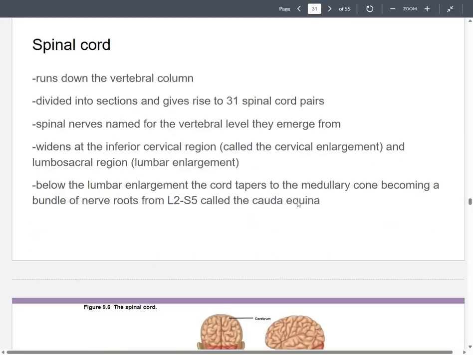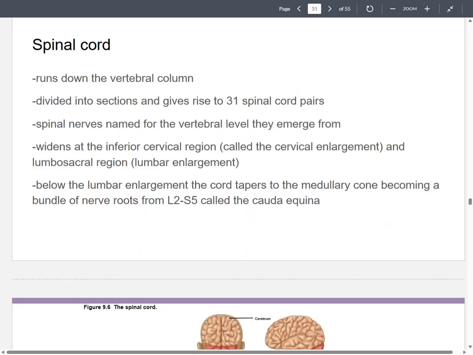All right, moving from there, let's actually get into the spinal cord. So the spinal cord runs down your back. It runs along, or inside, I should say, the vertebral column. The vertebral column, as we mentioned with the skeletal system, is a series of vertebrae that are designed to protect the spinal cord. The spinal cord is divided into sections, and off of these sections, you will have 31 pairs